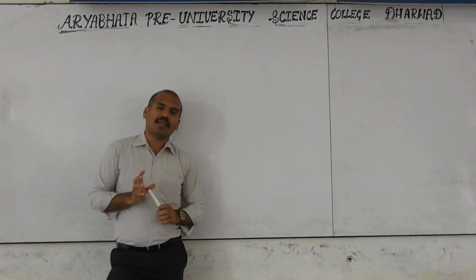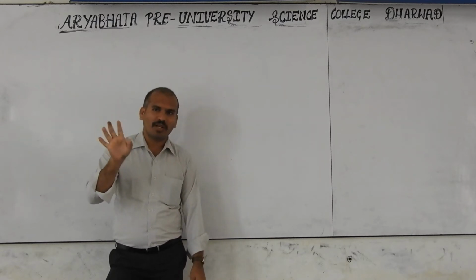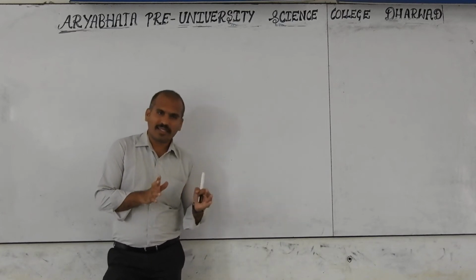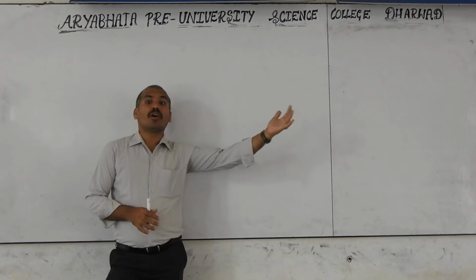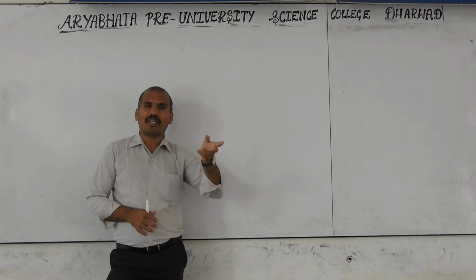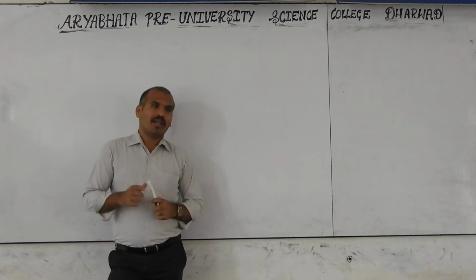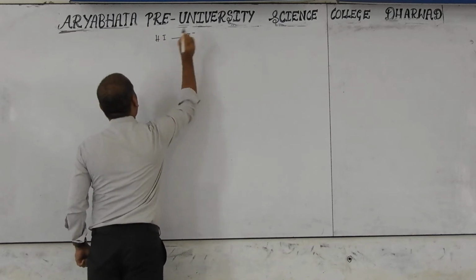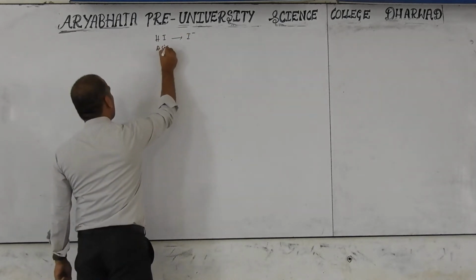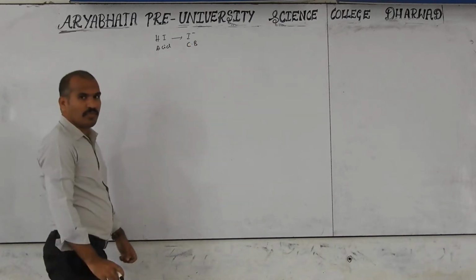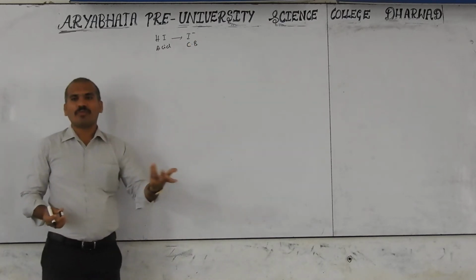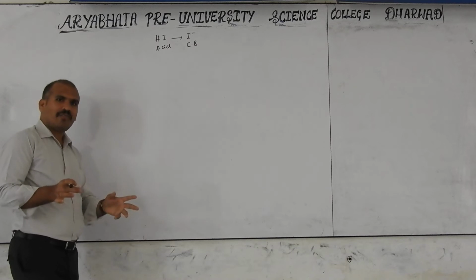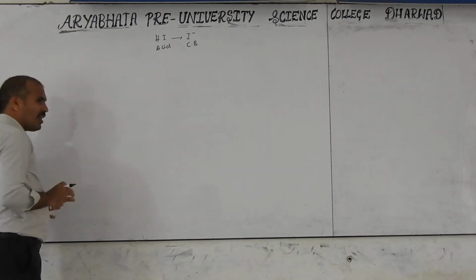Reason? I minus and Br minus are good nucleophiles but not good bases. You know the reason already. HI is a strong acid, HBr is a strong acid. A strong acid gives a weak conjugate base, because these are conjugate acid-base pairs. You will study this in ionic equilibrium. If HI is the acid, then its conjugate base is I minus. This is the acid, this is the conjugate base, CB. So it is a very weak base. Weak bases do not remove the proton. That's why there is no elimination reaction here, only substitution reaction. That's why SN1 and SN2. Okay, the SN1 SN2 part is completed.